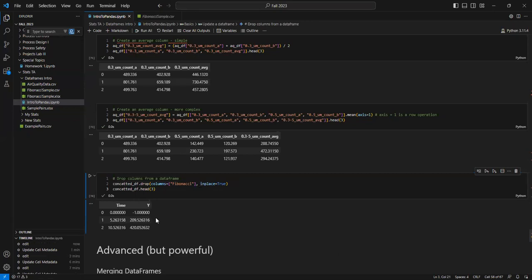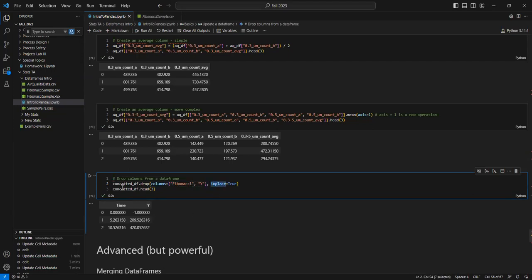Take a look at this here. Now we can only have the time and the y data, which is what we expect. We expected that Fibonacci sequence to be gone. So likewise, we can remove this y data. This actually is going to throw an error because we have already dropped Fibonacci and we did it